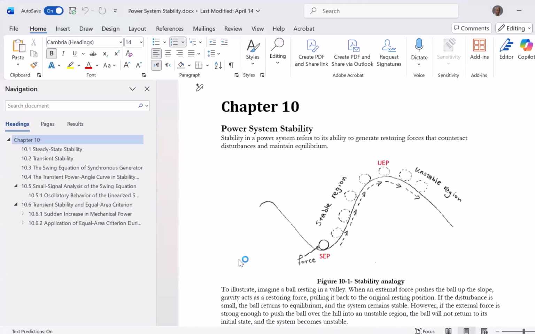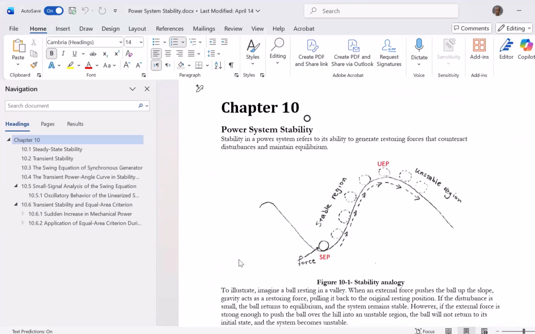Talking about power system stability, basically we're talking about the ability of the system to go back to a stable point after some disturbance, right? An analogy would be like forcing this ball from the bottom of the valley. If the force is small enough, it will go back to where it was. But if it is a hard kick, then it will go out and won't come back to a stable